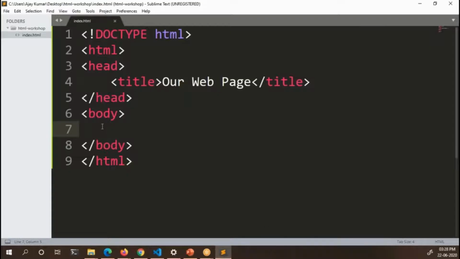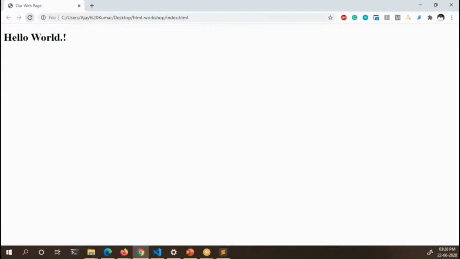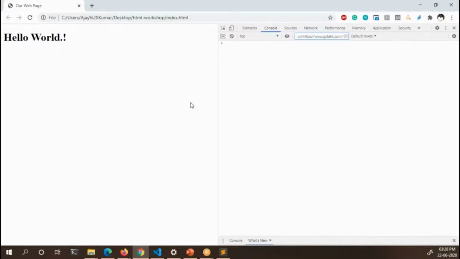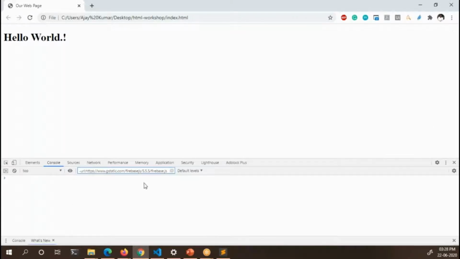So whenever you, okay, let's just type in. Save this, and I'm refreshing it. So hello world. Okay. Now, when you press F12 in Google Chrome, you will get a window which we call developer tools, Chrome developer tools.